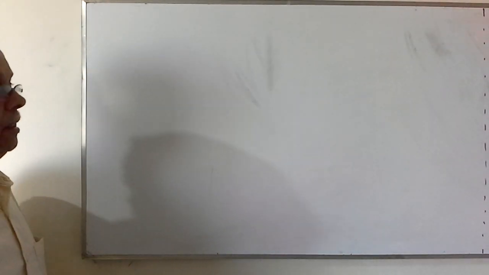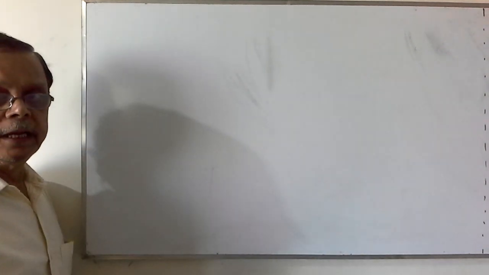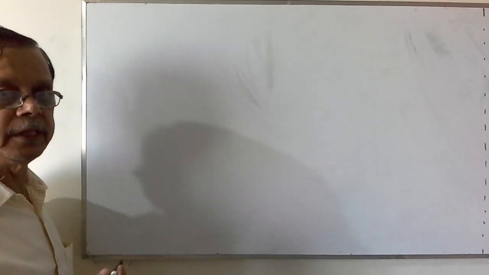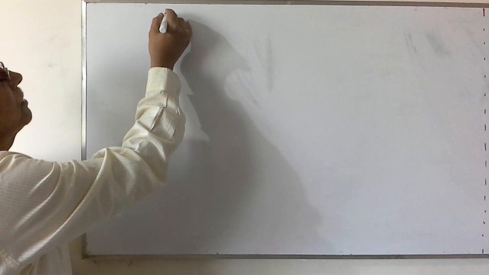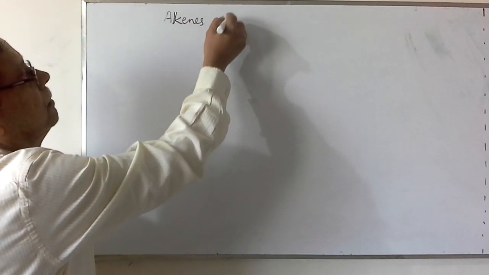Welcome back to first year organic chemistry. We were studying the nomenclature in the IUPAC system. We were naming the saturated hydrocarbons in the previous video. Now let us consider these alkenes and alkynes.